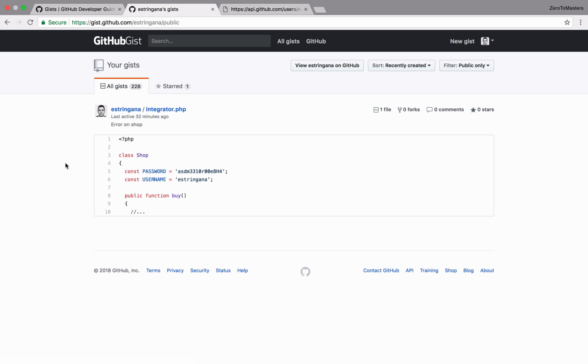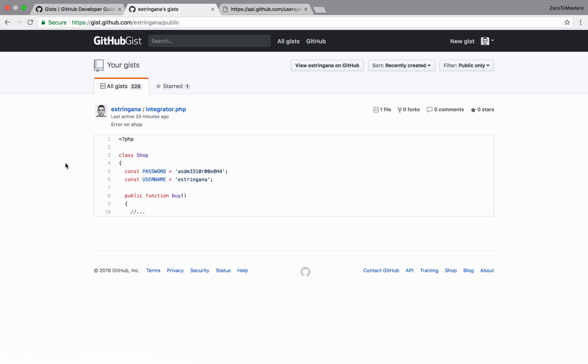As you may know, GitHub has a service called Gist, which allows people to share code. The problem is that when you share that code publicly, everybody accessing your profile can get to that code, and it can suppose a security issue. As you can see here, I made a mistake of sharing this piece of code with sensitive information, like the